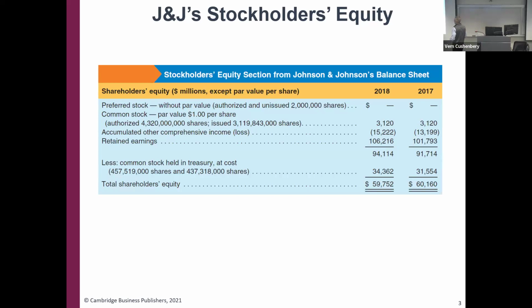And in this instance, on Johnson & Johnson's balance sheet, we have preferred stock, we have common stock, we have accumulated other comprehensive income. We're going to talk about that tonight in detail. And then we have retained earnings. So the two new-ish ones that we haven't talked about in this class yet are preferred stock, and retained earnings, although I know all of you have come in contact with retained earnings in your prior accounting class, so let's just get that one away.